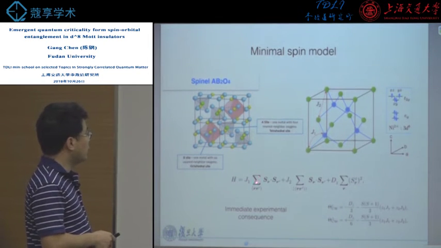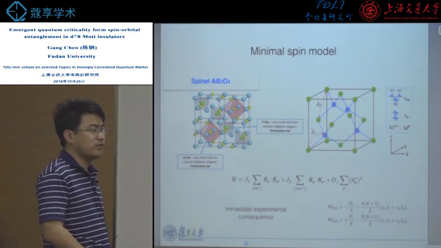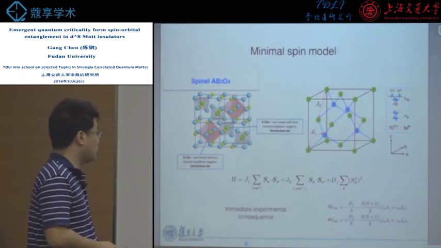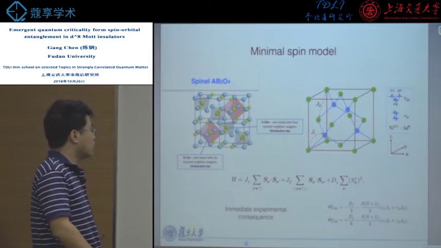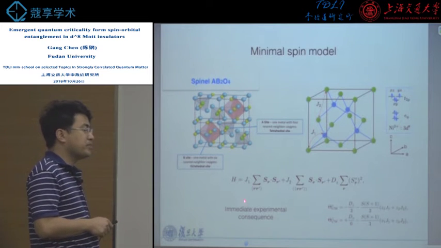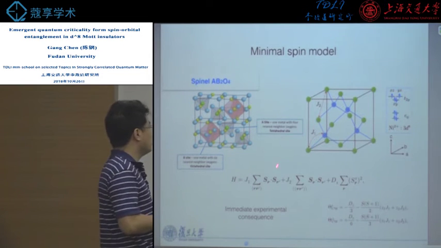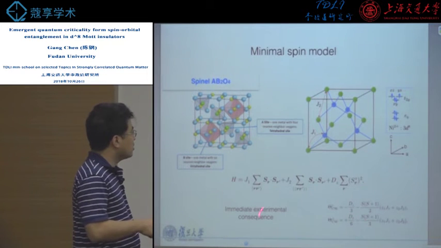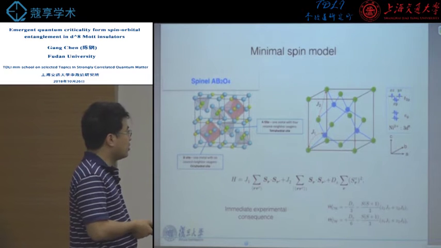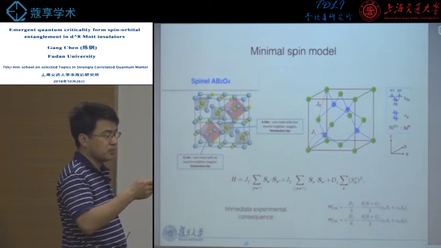So I'm just saying, in order to obtain some new physics, some interesting physics, we'll have to introduce further interactions on top of the nearest-neighbor Heisenberg model, right? That seems to be enough, but there is an extra new thing, which is this single-ion anisotropy, and this is allowed by symmetry. This is because of